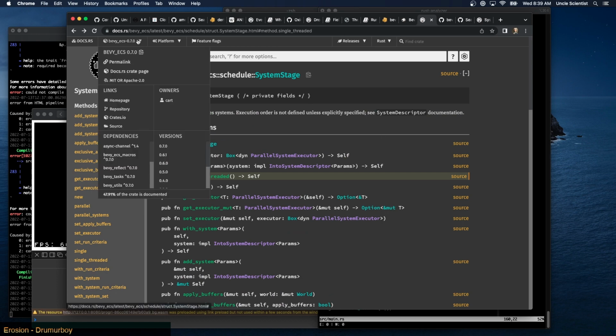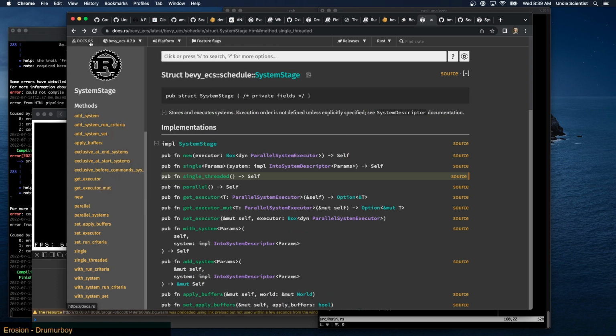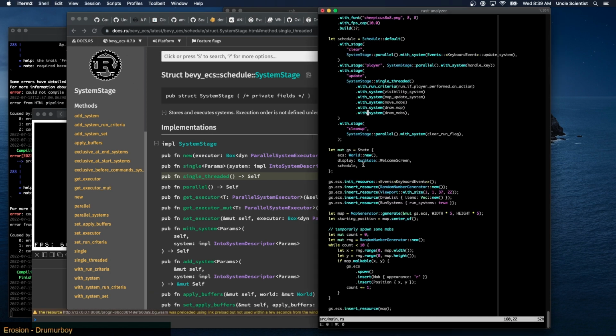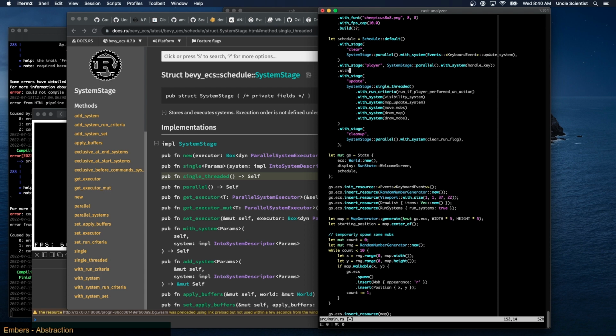Is this the latest version of Bevy ECS? All right. I mean, the other thing I could do, because nothing's being drawn that first frame. We're getting zero drawing of the map or the mobs. If I put it in a separate stage with stage movement,